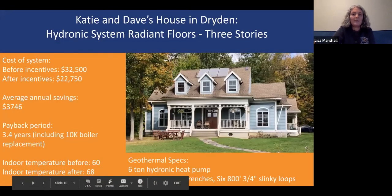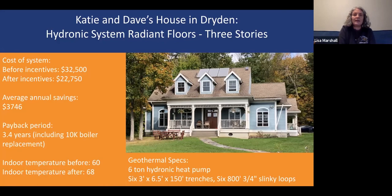Okay, these are a couple of case studies just quickly. This is a system that was installed quite a few years ago here in Tompkins County. This is my friend Katie's house. It's a beautiful, modernly built farmhouse on 3 floors, and she had radiant heat in all the floors, and she was heating with wood and propane. So she got quite a big system. It's a 6-ton hydronic heat pump system. She had horizontal trenches dug, and